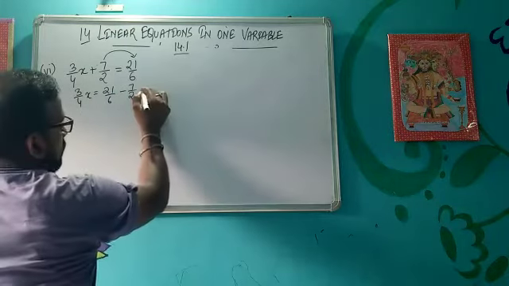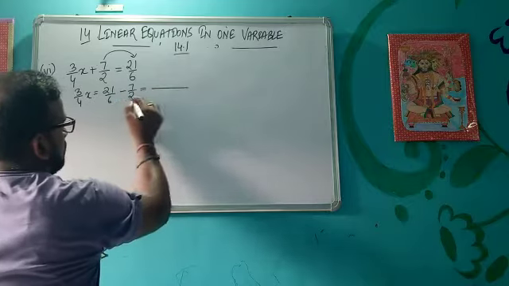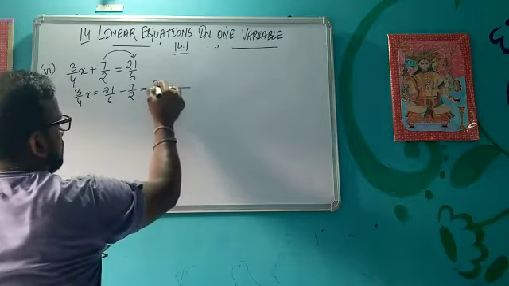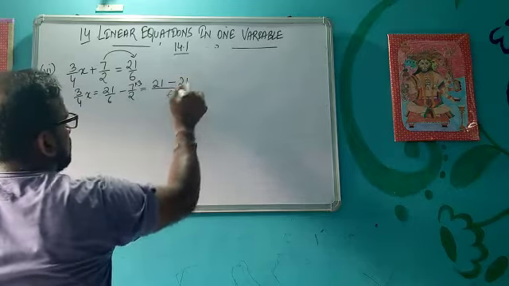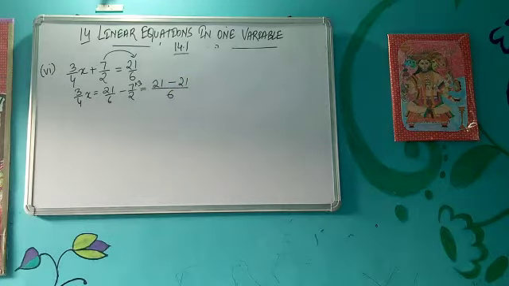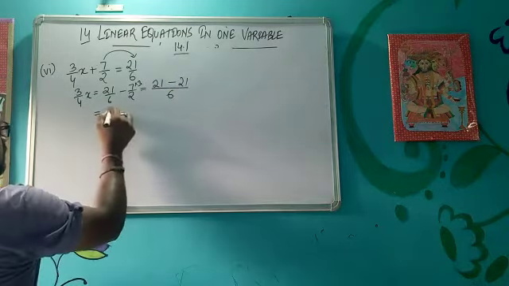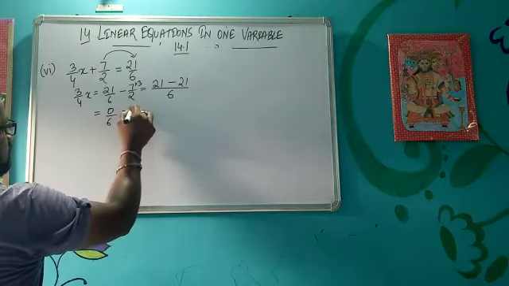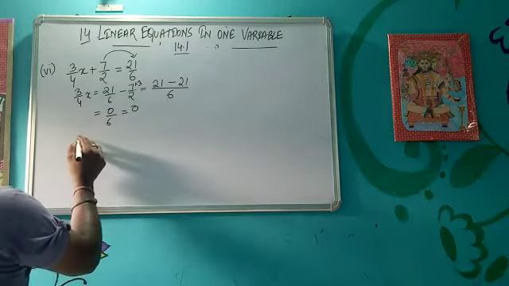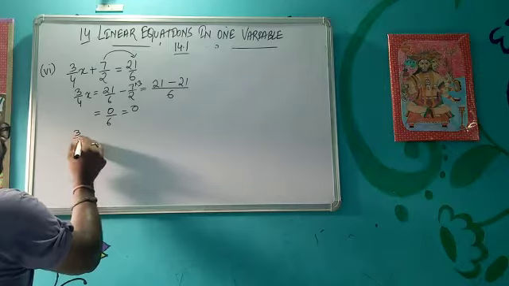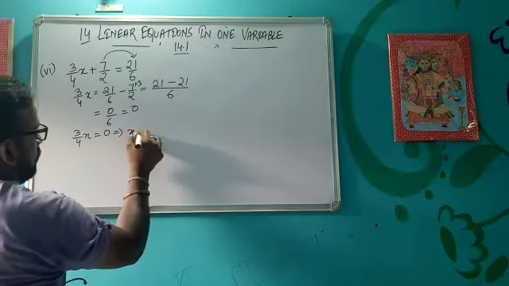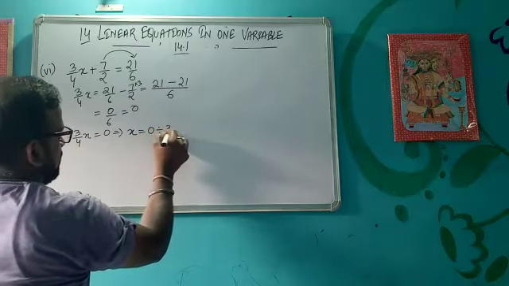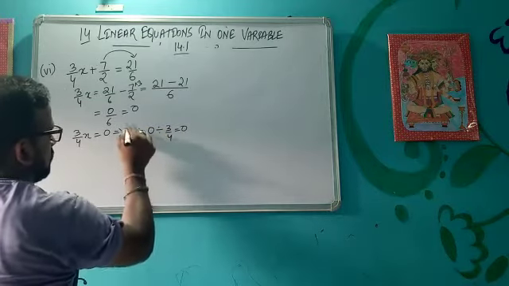Next, what will we do? We will take the LCM of 6 and 2, that is 6. So it becomes, so that is 0 upon 6, that is 0. So 3 upon 4 x equal to 0, that will give you x equal to 0 divided by 3 upon 4, that is 0. So our answer is